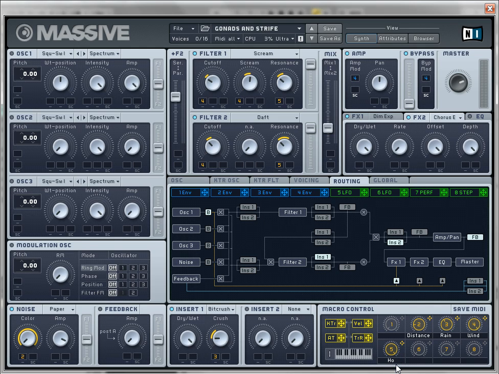So we're going to call that one howl, for the howling, kind of windy effect. So if we turn all these down to most basic, we have